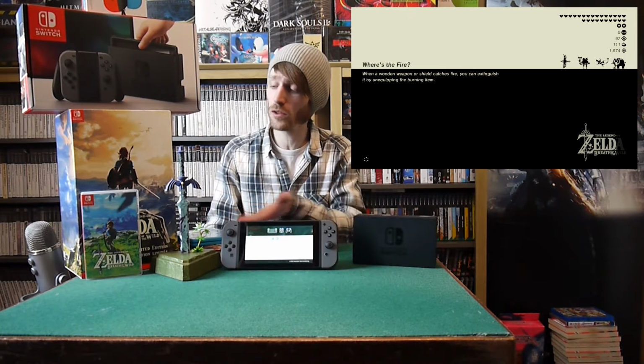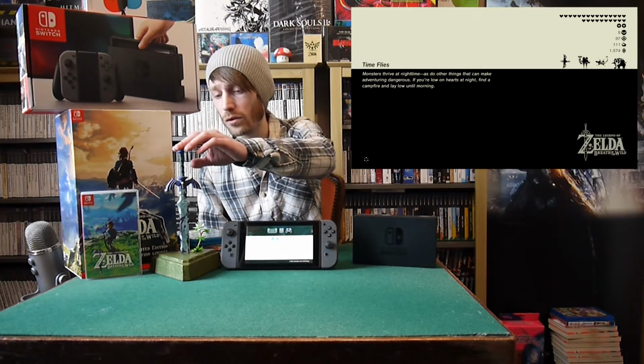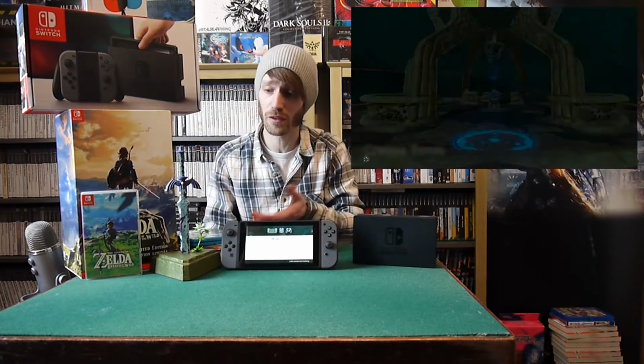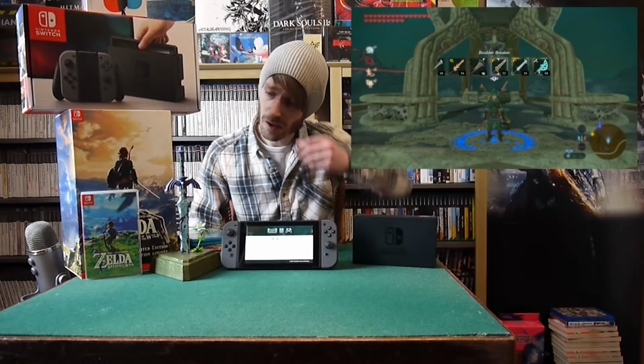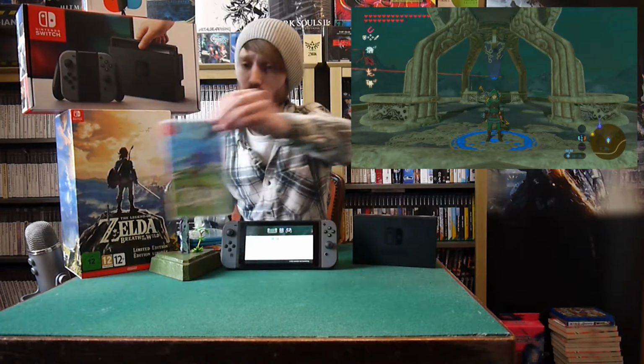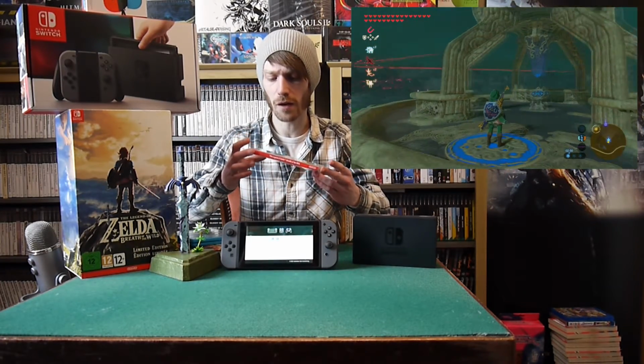So inside this one, you do get the soundtrack CD, which is pretty cool. You do get the lovely Master Sword statue, which has got a real nice weight to it. It's really well made. It's not cheap. It doesn't look cheap either. It's got a real nice finish to it. And obviously you get the game inside. The game cases are quite cool. They're real thin. They're kind of like a cross between a PSP case and a slightly bigger Vita case,